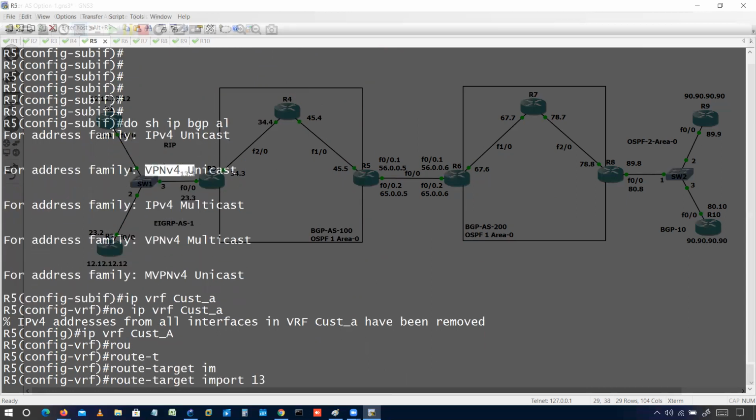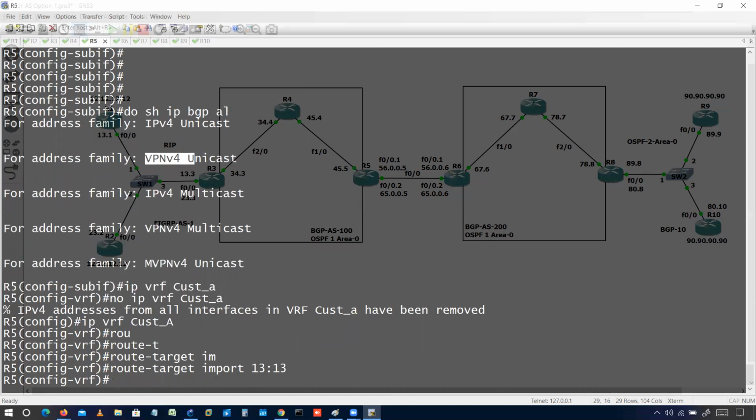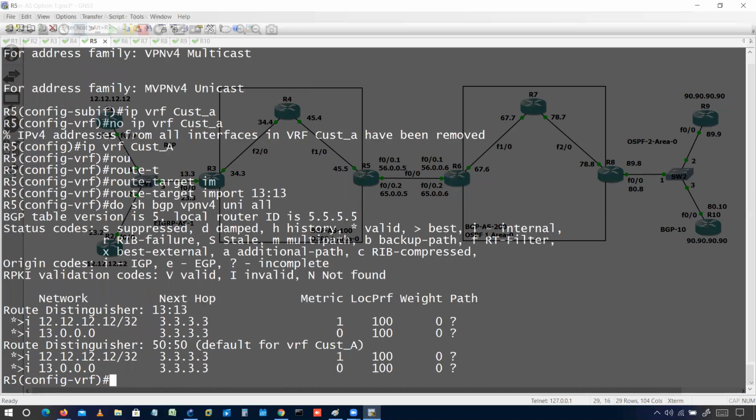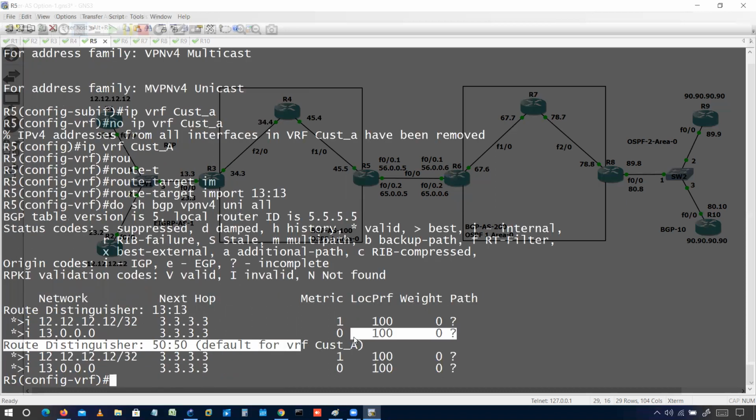What do I want to import here? That is 13:13. And now we can see, do show bgp vpnv4 unicast all, we have those routes now. In this VRF, we are getting these routes, right?